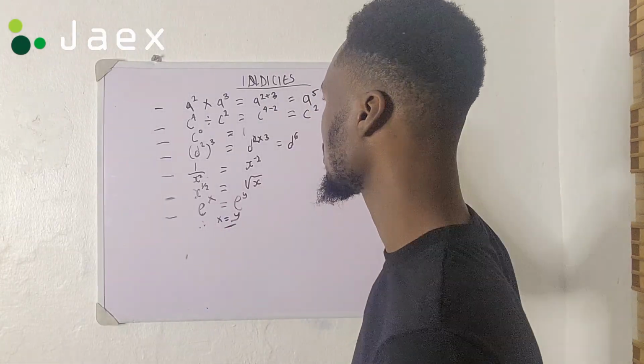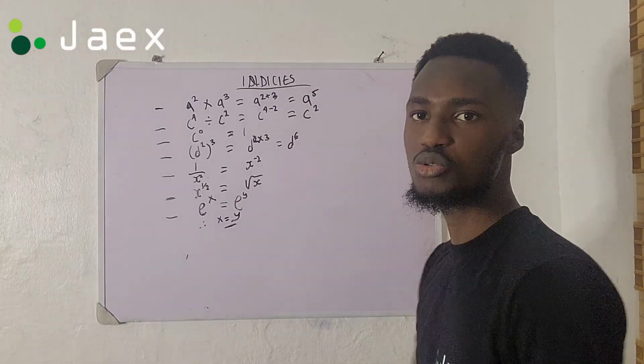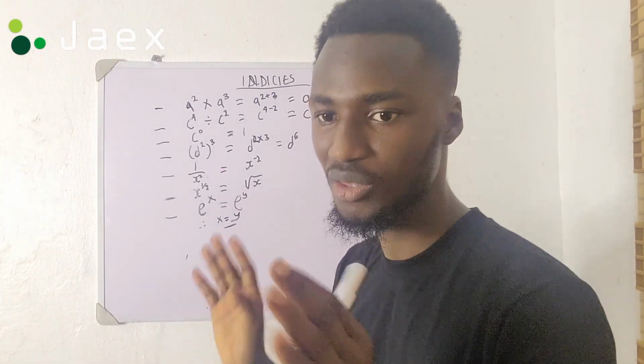So now these are the 7 laws of indices. Now I'm going to give examples on each of them, enough examples for you to